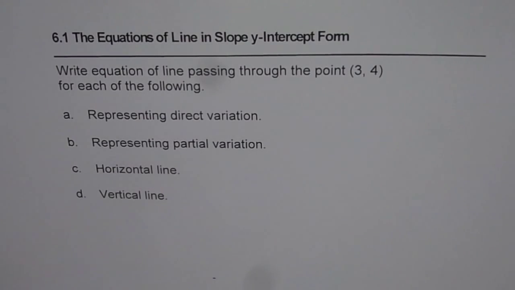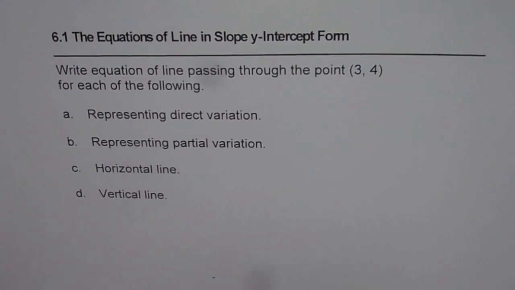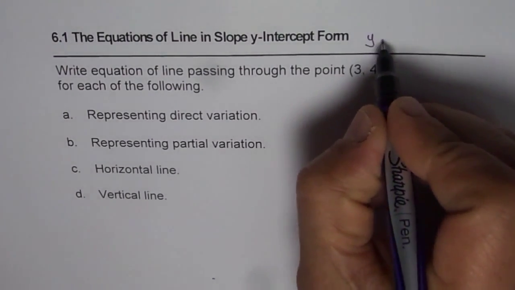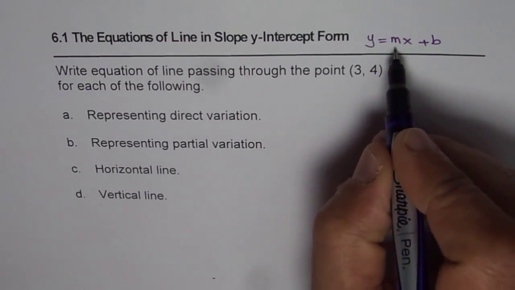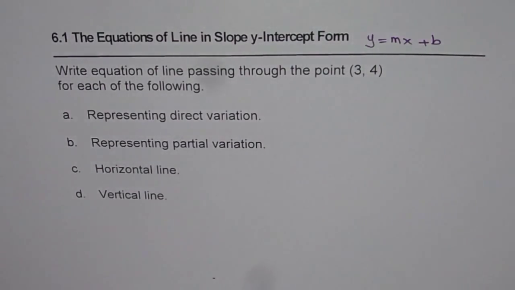I'm Anil Kumar, and in this set of videos we will understand how to represent a line in the form of an equation, which we'll be calling slope-intercept form. Normally this equation is written as y equals mx plus b, where m is the slope and b is